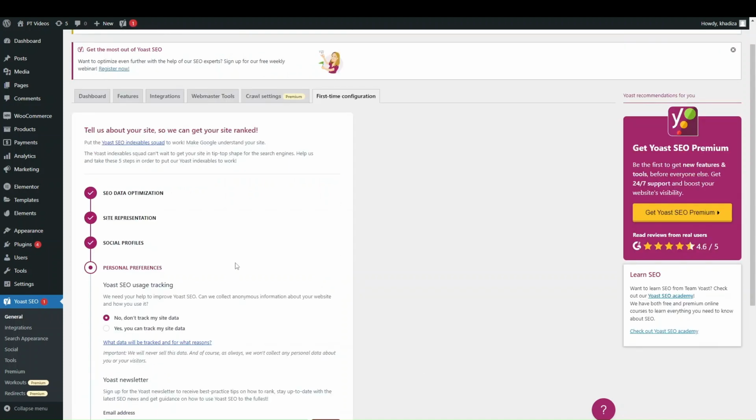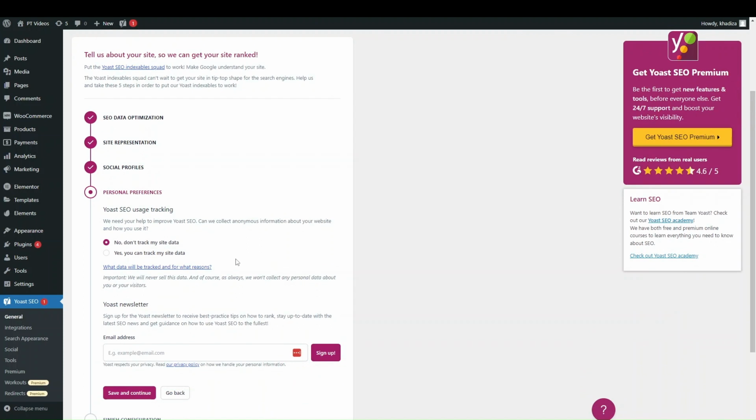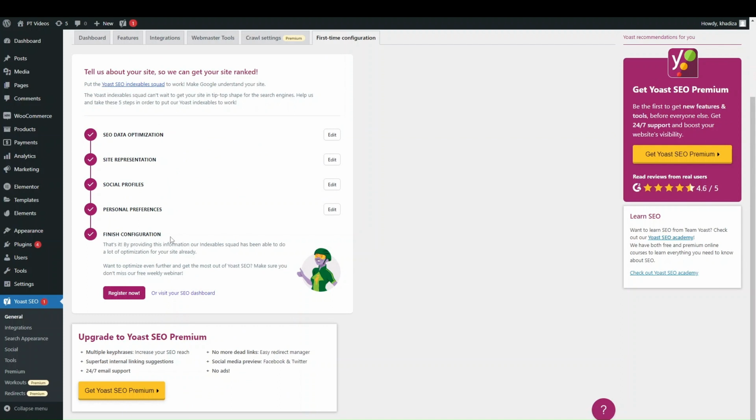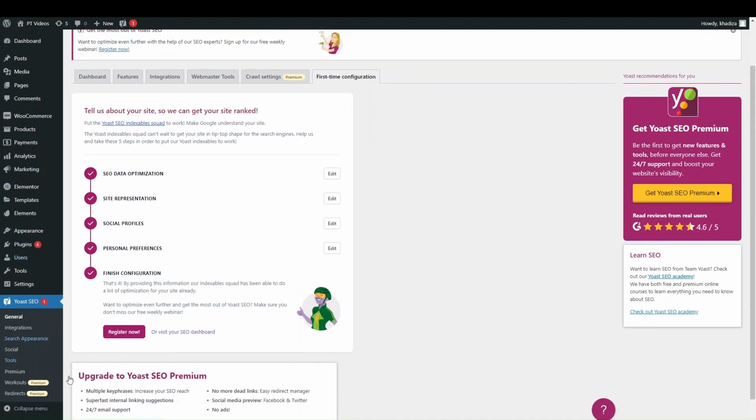And then just some personal preferences. It'll ask if it can track your site data or not, and this will be tracked by Yoast as well, so it's up to you if you want them to have that kind of information or not. And then finally, you can also sign up for the newsletter as well. And that's it. So now that they have analyzed your site, you have different options, so you can start optimizing the site by visiting your SEO dashboard. So if we click on that,